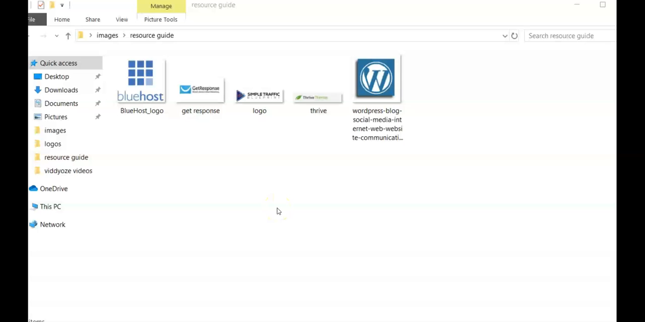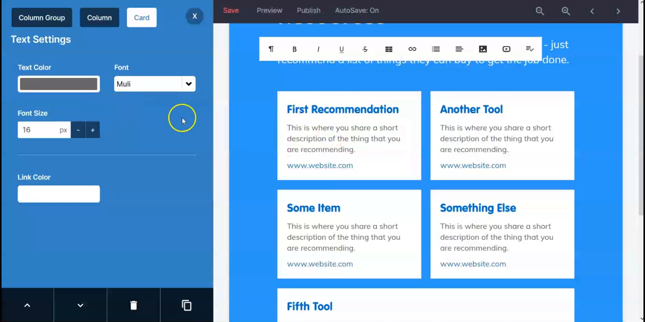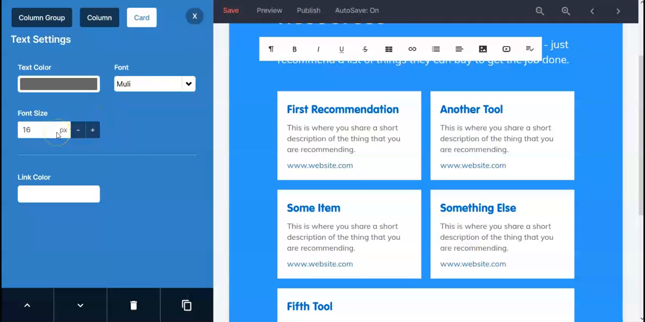in getting their business created in affiliate marketing, and these are some of the tools that they might need that might be useful to them. Now let me show you some of the options you have when it comes to editing your new resource guide. So one of the things you can do is you can click in here, a page will come up on the left, which will give you the option to manipulate this text here. You can change the text color, you can change the font, you can change the font size, and